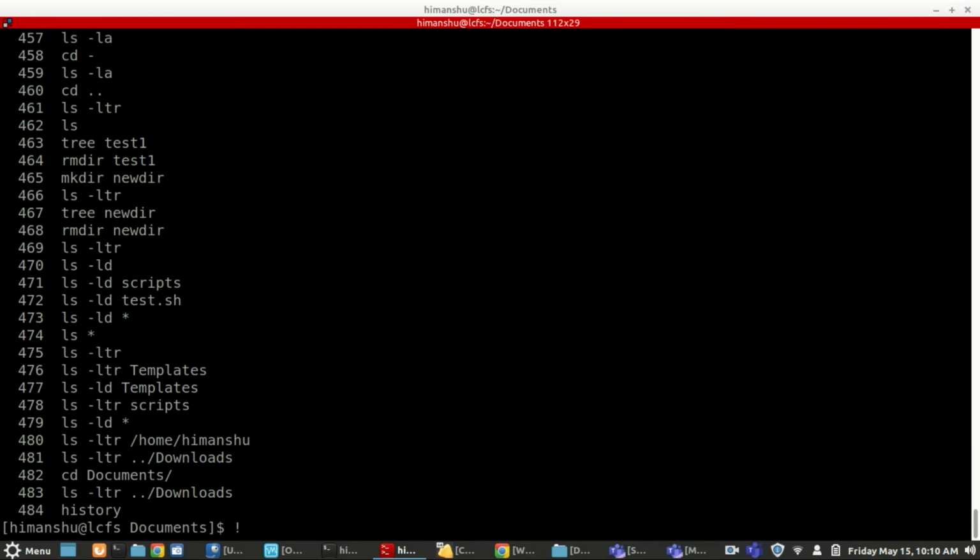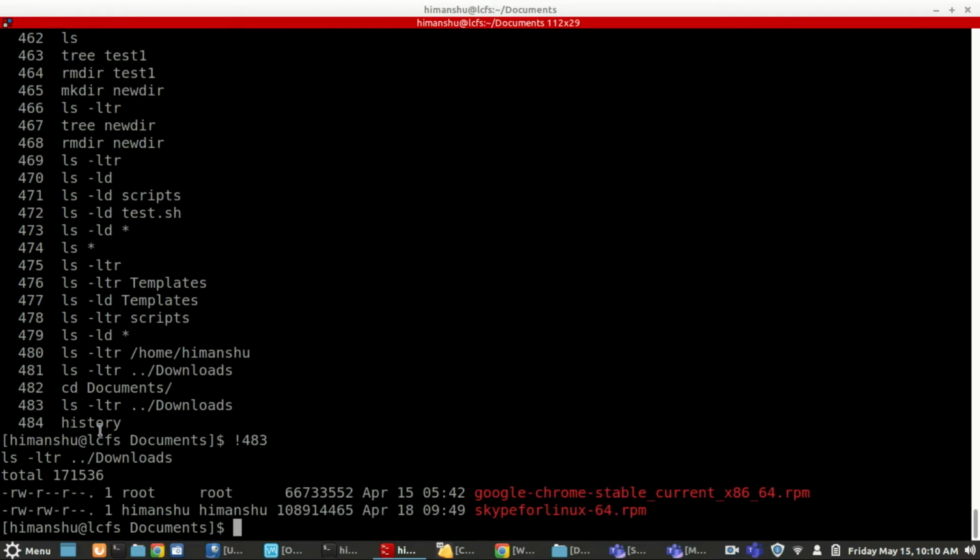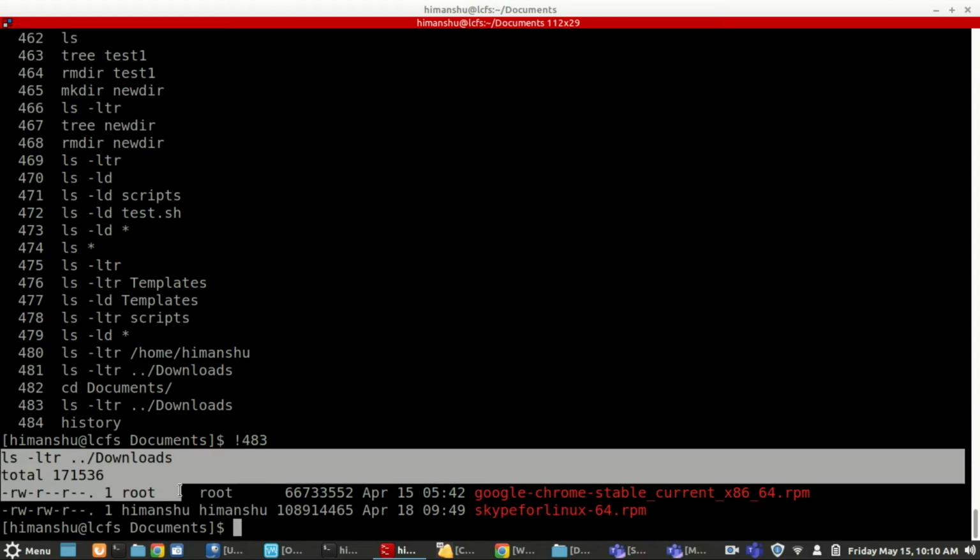So you can go ahead and use that specific command. And if I want to run the command which is at line 483, simply type an exclamation mark and the line number where this command is, and it will execute the same command again.